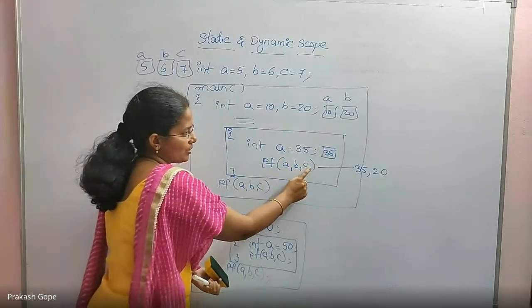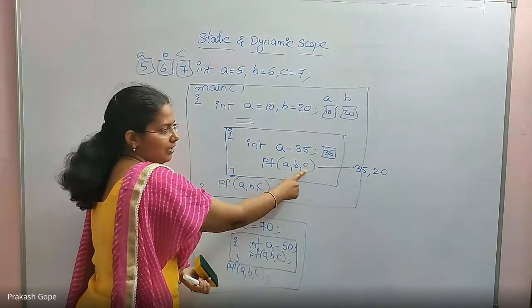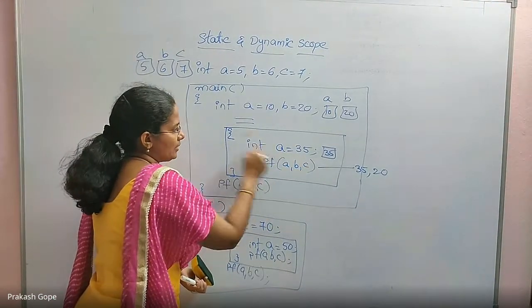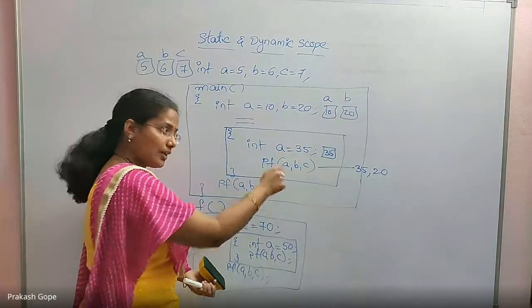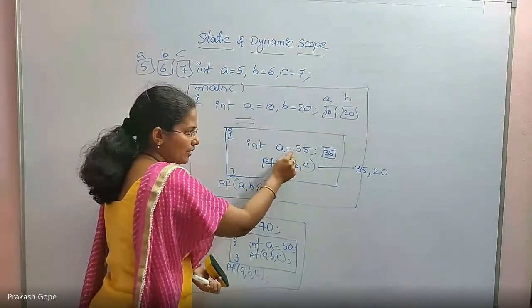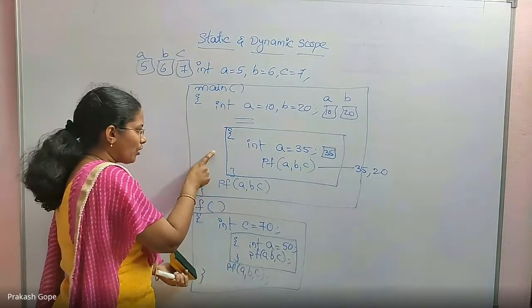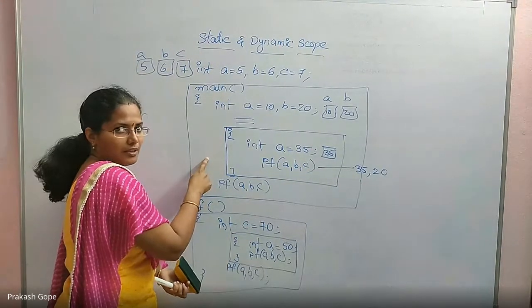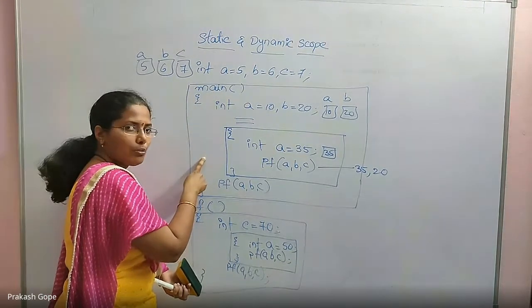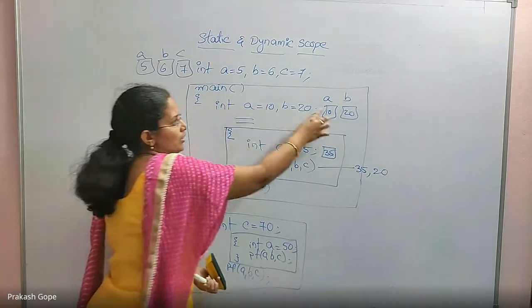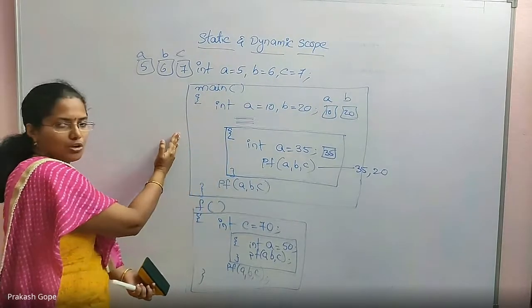Okay, then coming to C. I am accessing a variable in this block. But did I declare the variable in this block? No. If I had declared it, then it would have used that. But I have not declared C. So it will come out of this block and try to access the variable which is present here. So do I have C in the outer block? No, I don't have C here. Then it goes to its outer block.